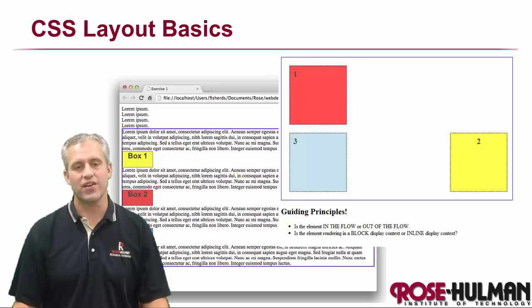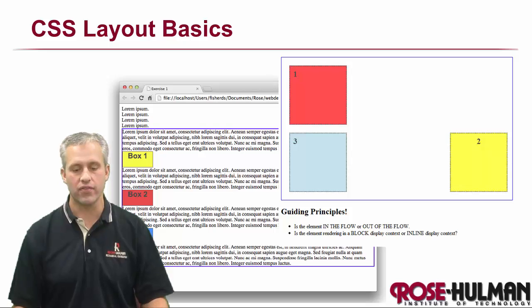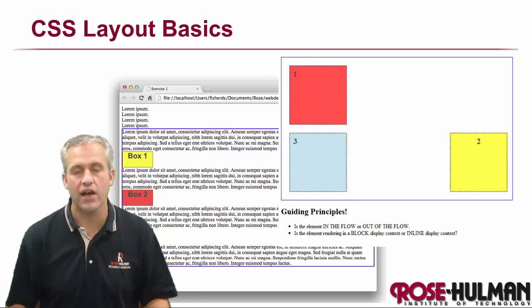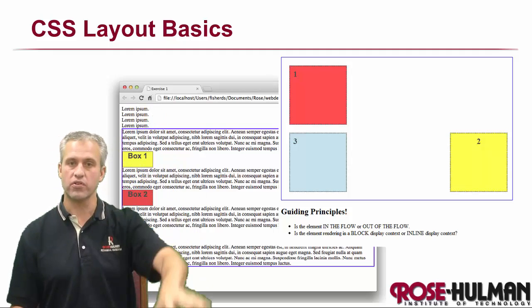All right, welcome back. So you've got a little bit of CSS practice. We've done some basic properties with font and background, things like that. Time to get on into layout. So layout is a very important topic because it's important that your users see the page presented exactly the way